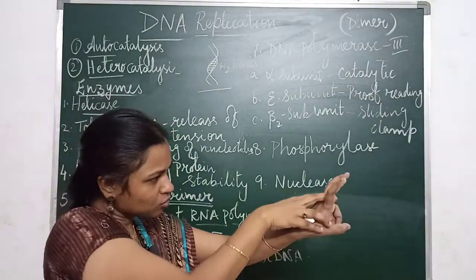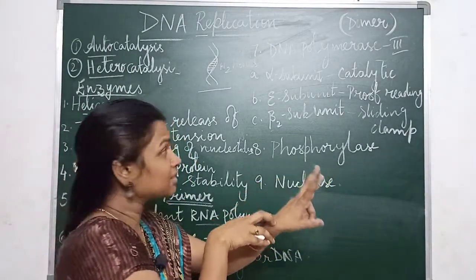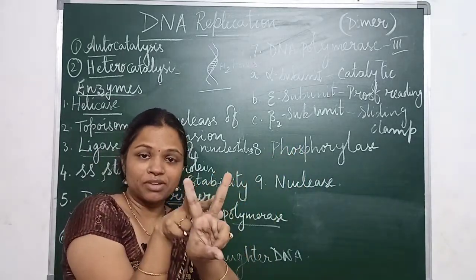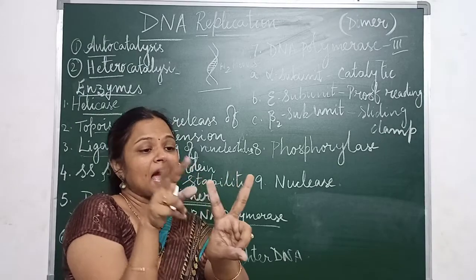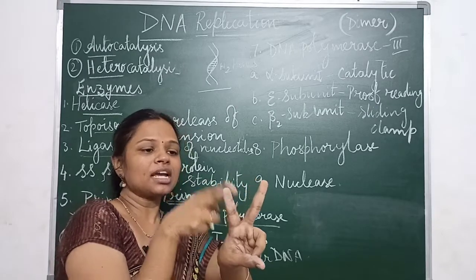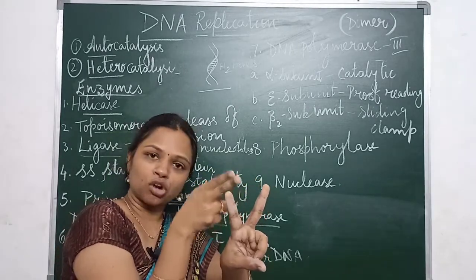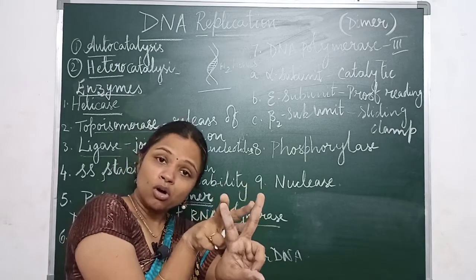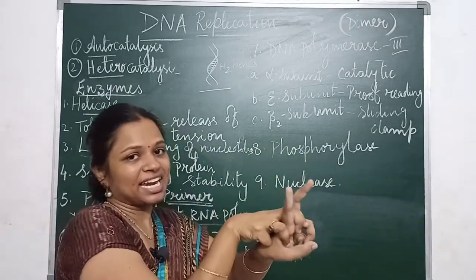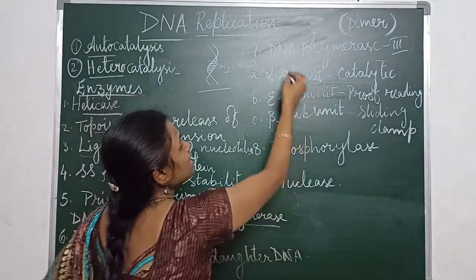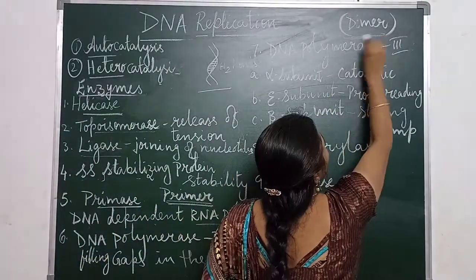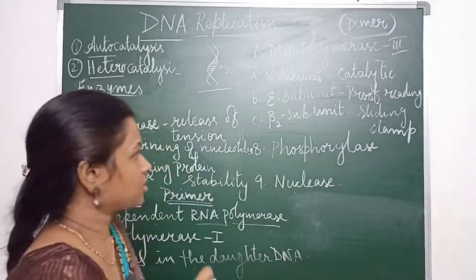So here, when it is going, it is sliding all through the length, allowing the replication of both the strands. Ultimately one daughter DNA is formed over here and another daughter DNA is formed over here. So both the chains are allowed to replicate because of this sliding process. Understood? That is the reason why the DNA polymerase enzyme is also called a dimer. This is very important.